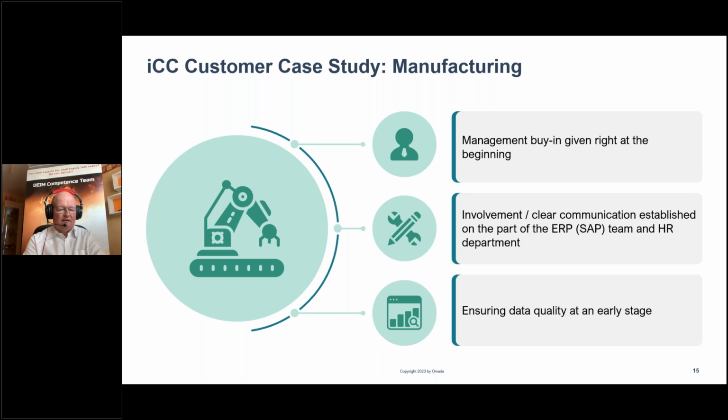in that project, the importance of the IAM project was clear to all participants on the customer side, and therefore it was very easy to talk to them and to say, okay, we want to think about how to optimize the processes and how to implement them into the IAM product, and that it's important is a main goal of the management itself. The second thing was that the SAP team and especially the HR department were involved in the